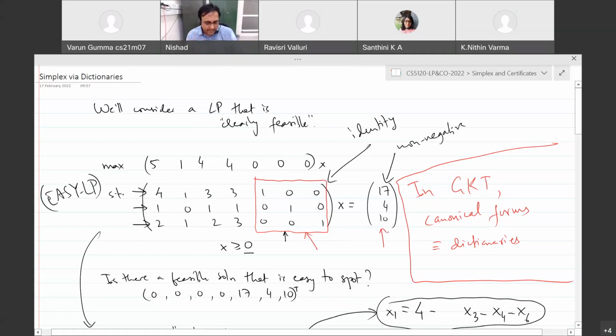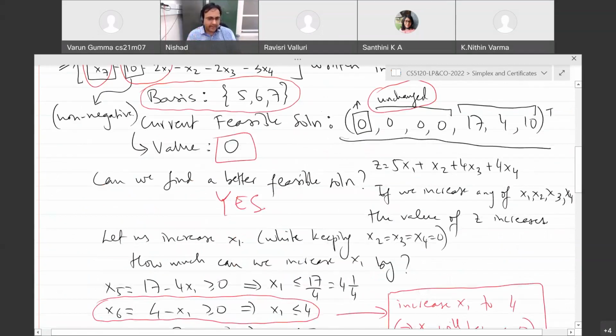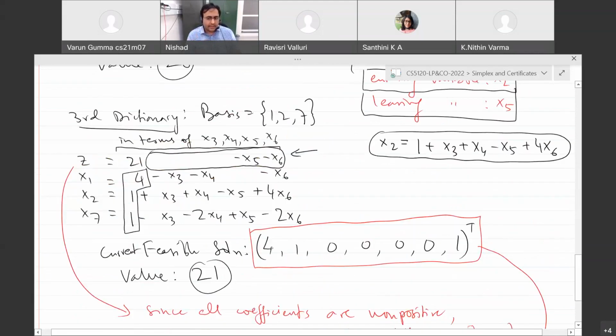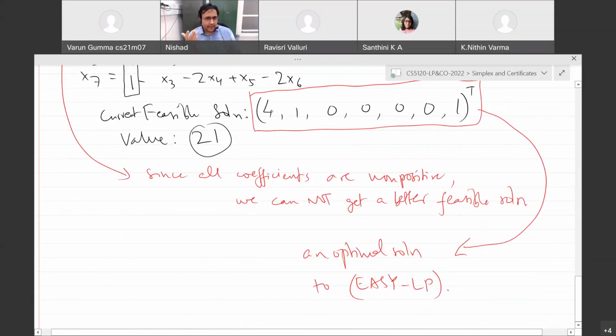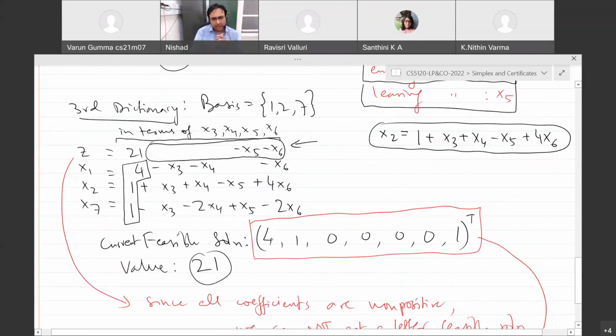What we have done today is that if we have this nice format, then we can iteratively find better solutions, rewrite dictionaries for those solutions, and finally get an optimal solution. There is another possibility, which is that you get an unbounded LP. We will discuss that in the next lecture. Okay, but I hope that the overall method is clear. Okay. So that's all for today's lecture. We will